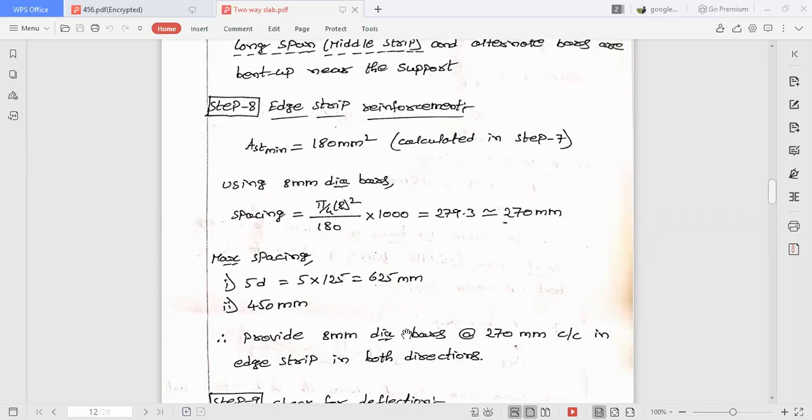But the code suggests maximum spacing. Check for maximum spacing. Remember, for distribution steel and for edge strip steel, the maximum conditions are 5D, 450. But for main steel, it is 3D or 350. Remember these two. Next, maximum spacing. After checking maximum spacing, we got 625 and 450. Now compare these three values: 270, 625, 450. Out of these three, the least value is 270, right? Hence, provide 8 mm diameter bar at the rate of 270 mm center to center in edge strip only, in